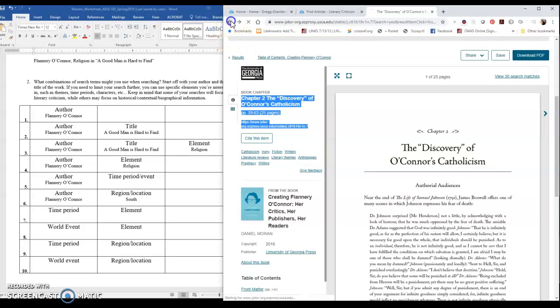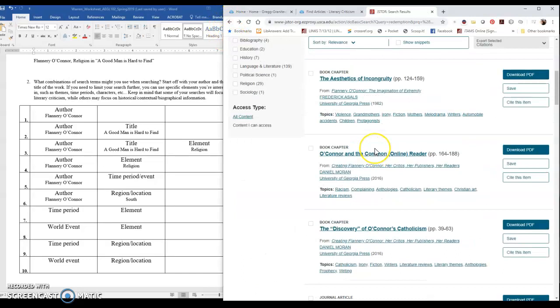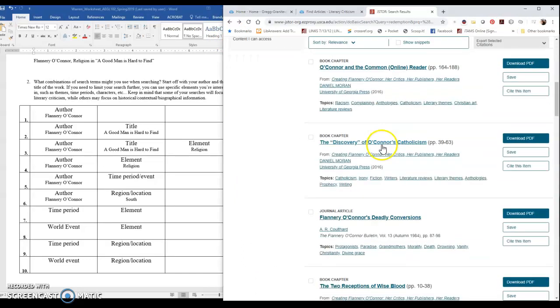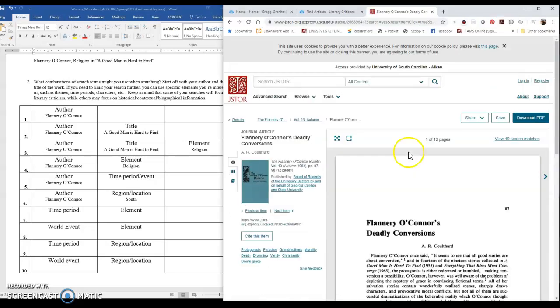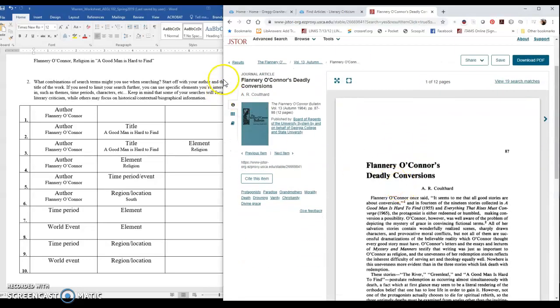Leave that email open, and as you go through your results list, if you come across anything else that seems like it could potentially be useful to you, you could pull up the PDF and whatnot, and if you want to use it or you want to hold on to it for later, do the same thing. Copy from the title all the way down to the stable URL or DOI and paste that into the email. And then as you go through your results list, you'll just keep doing that, and then when you're done, you'll send yourself that email, and that way you have all of these items listed there in one place,